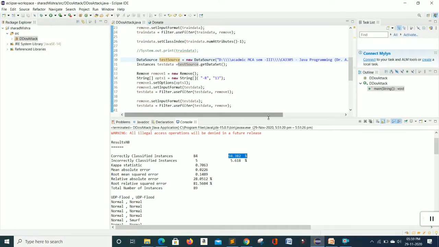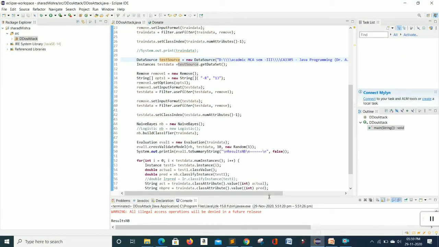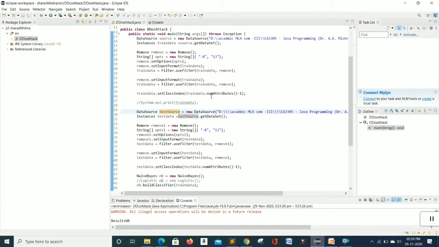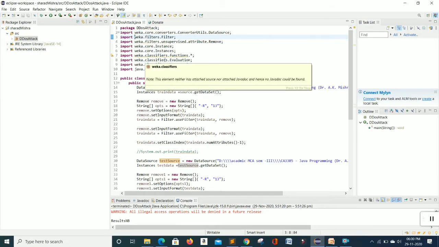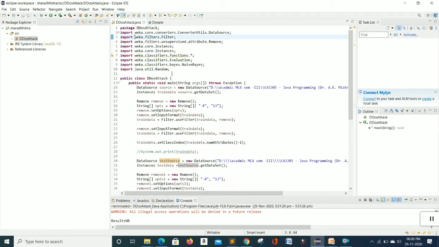Here we can see the total source code of our project. In our project we create a package named DDoS attack, and import some classes which are used in our project. In the main class, also named DDoS attack, we declared the main function.